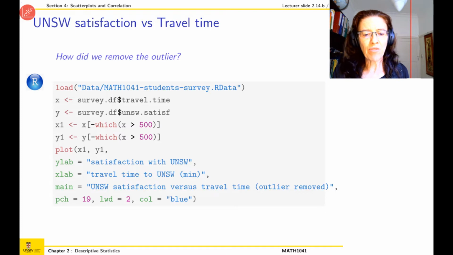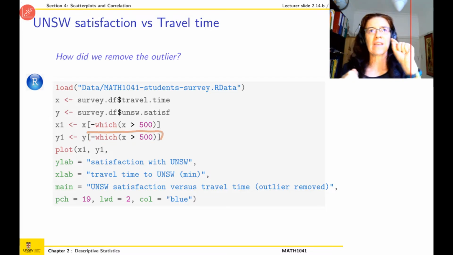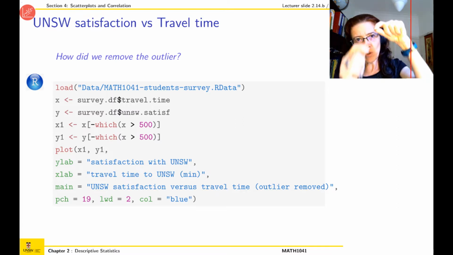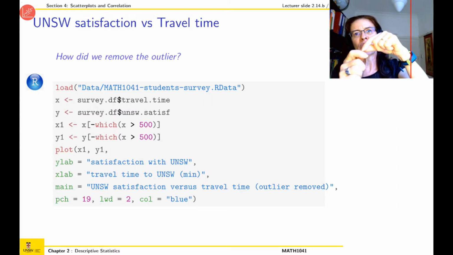Same beginning as before. In the variable X, we've put the travel times. In the variable Y, the corresponding UNSW satisfaction. And now look here. We take X, we take off the numbers for which X is greater than 500. And of course, for Y, you need to remove the exact same ones because each dot corresponds to one case. So if the X value is wrong, you want to remove the corresponding Y value, which corresponds to the same